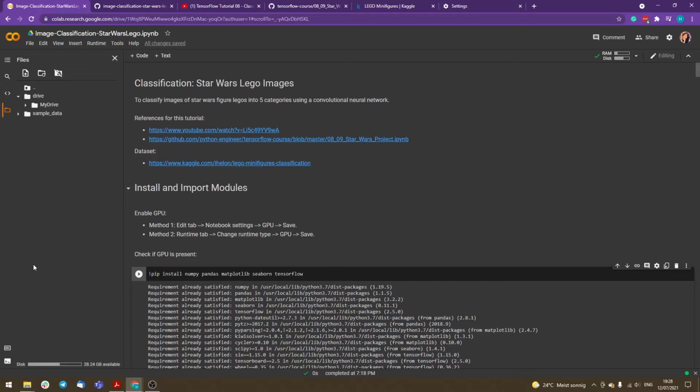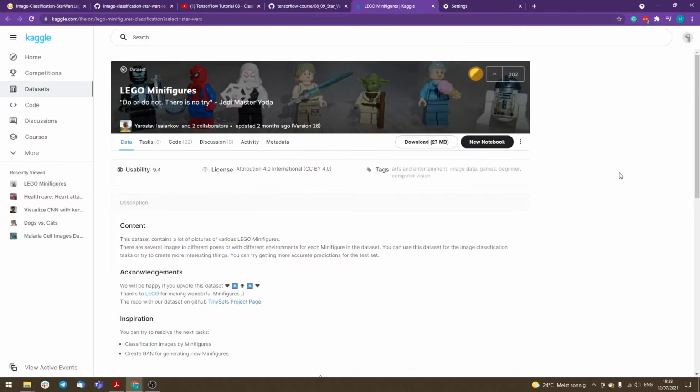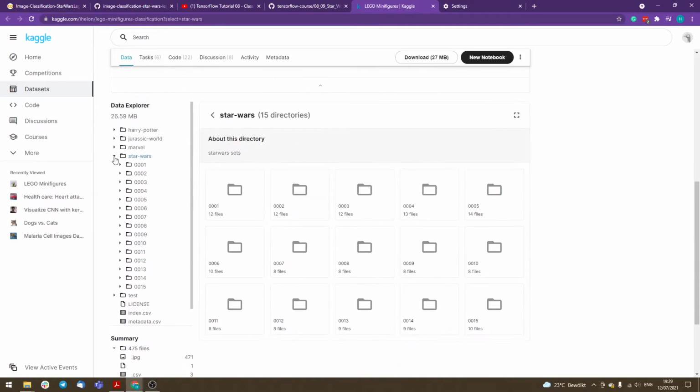And today, I'd like to bring you another new tutorial. It is image classification using the TensorFlow Keras library. It's quite interesting for the dataset. It's Star Wars Lego images that is available on Kaggle, and we are going to take these Lego images of the Star Wars character. Actually, this dataset consists of a lot more